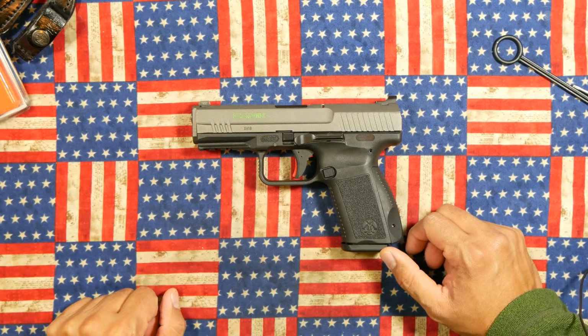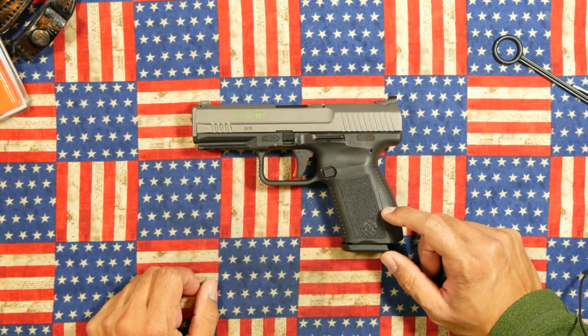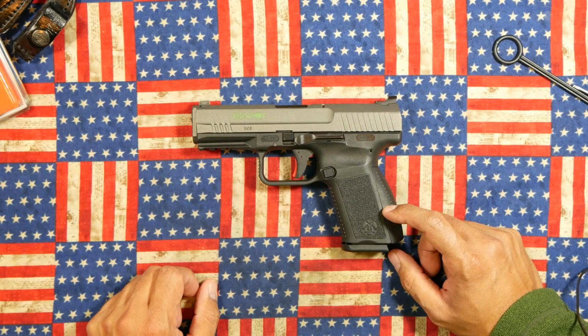As you can see on the table is my CANIK TP9SF ELITE. I'm just going to do a quick video on the first upgrade I actually did with this gun so far. Again, I'm still looking for a good holster, so hopefully that'll be following up with this as well. So I went ahead